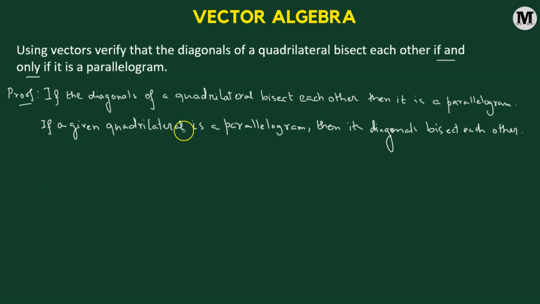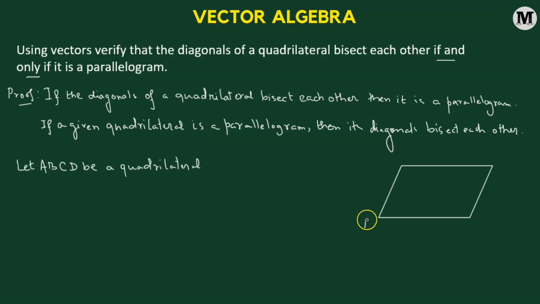So here we will start by considering a quadrilateral ABCD. Now for this particular quadrilateral, we're going to define the position vector of each of the four vertices. To define the position vector, we need an origin of some coordinate system, and if we join O and point A, then it's going to be a vector going from O to A, and that is going to represent the position vector of point A. Similarly, we can join point O and point D, point O and point C, point O and point B with a vector directed towards each of the vertices,